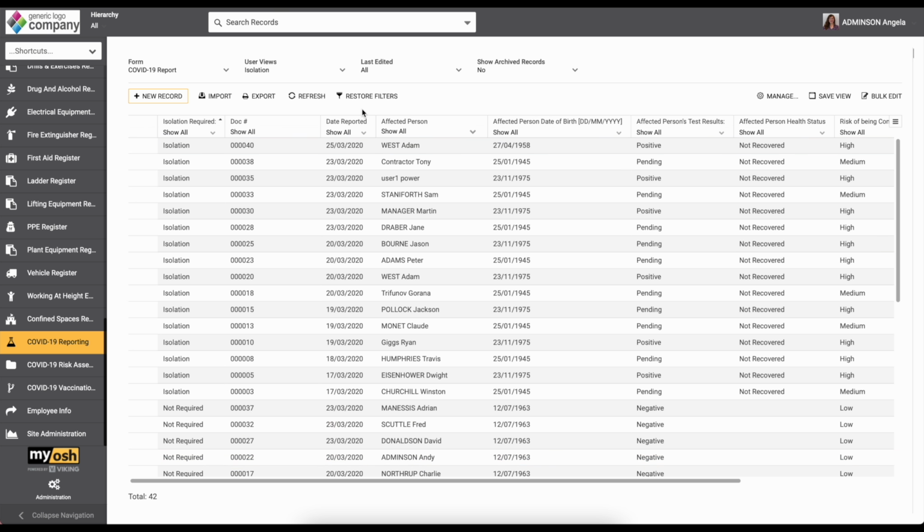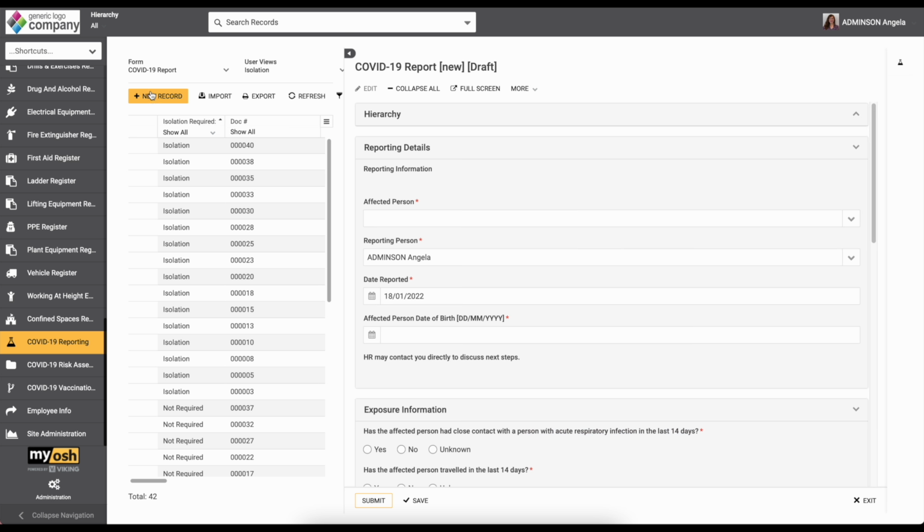At a quick glance, we can see important information such as the affected person, whether isolation or quarantine is required, any test results, and their risk of being contagious. To create a new report, we need to click on the New Record button, which will open the COVID-19 report